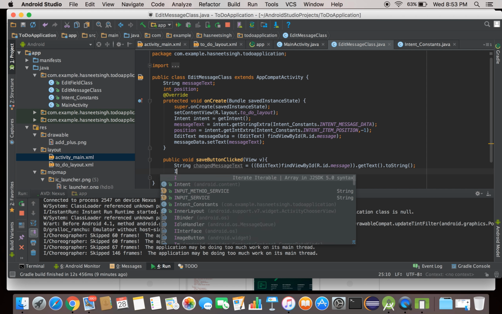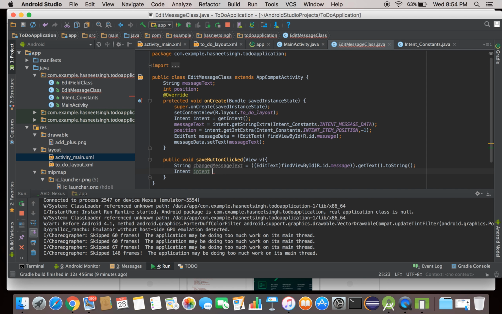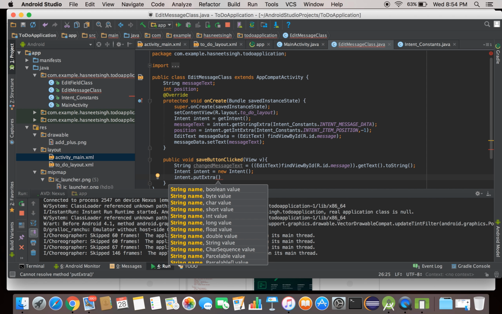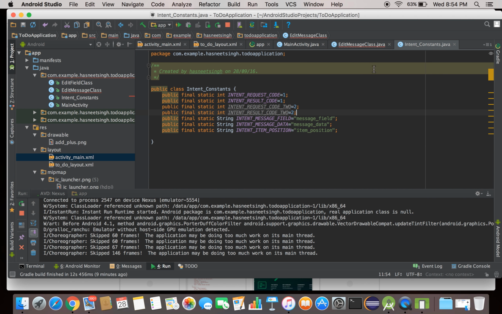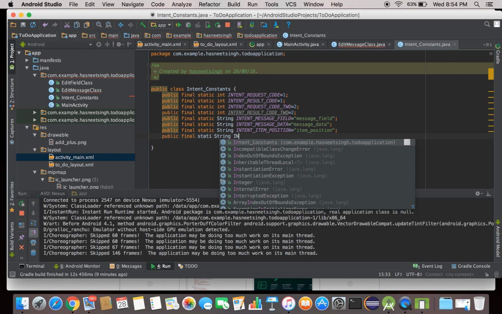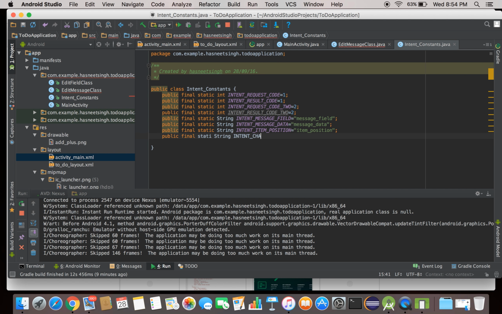Finally, I want to launch a final intent equals new intent and pass this changed message text back to the main activity. So how do we do that? I'm going to say intent dot put extra. I'm going to create a new intent constant. I would say intent underscore changed message equals